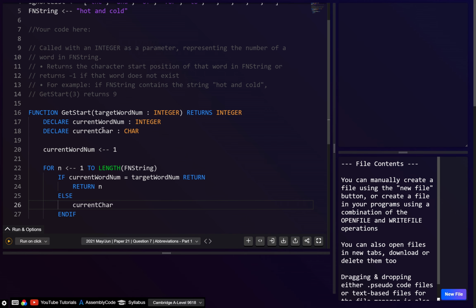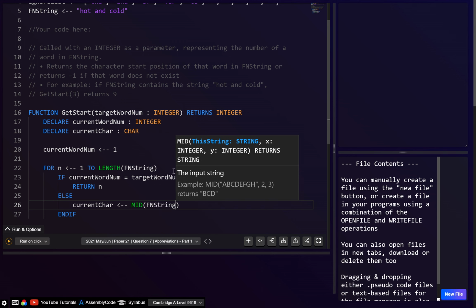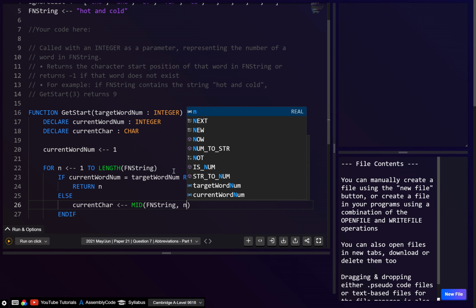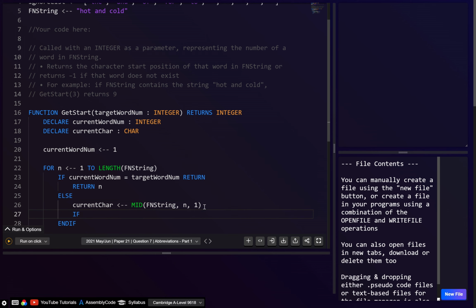And I think here we probably don't even need this variable because we're only going to use it one time, so we could just use mid, to be honest. But let's just make it a variable. The way we can do it is this is going to take fn string, the start position, which will be n, and to get one character the length is just 1. Right, and then let's go if, and we'll just say if the current character equals